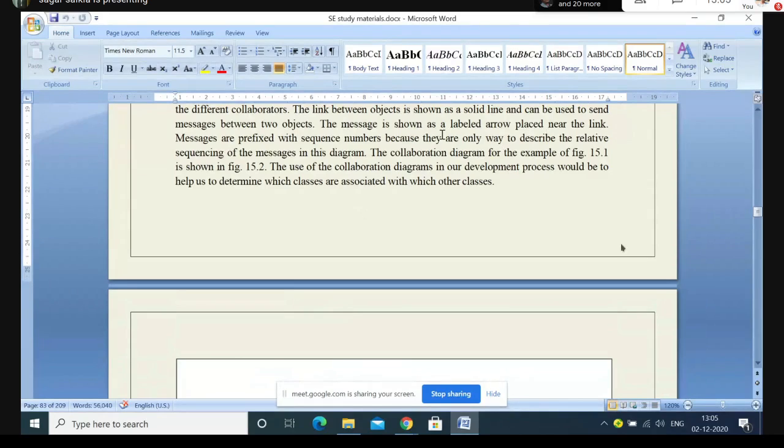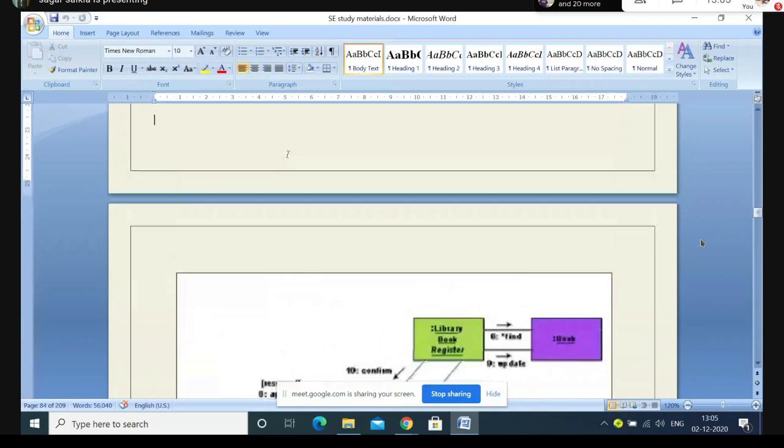It is shown as the label arrow placed near the link. Messages are prefixed with a sequence number because they are the only way to describe the relative sequencing of messages in the diagram. So if you look here,